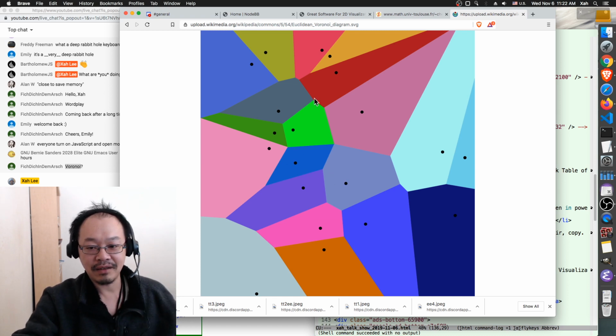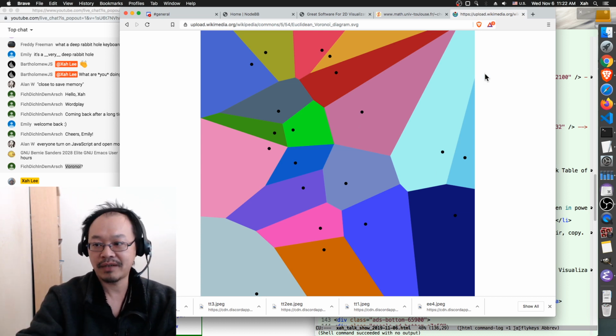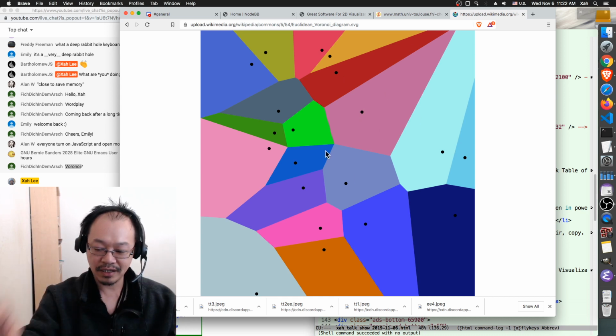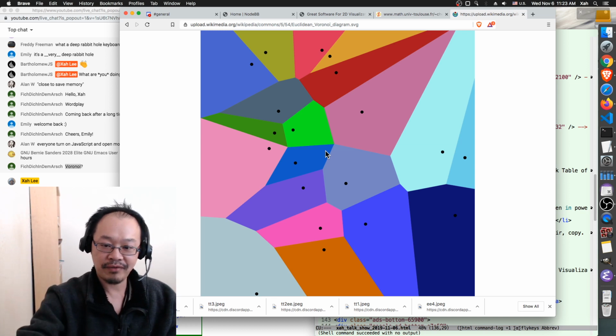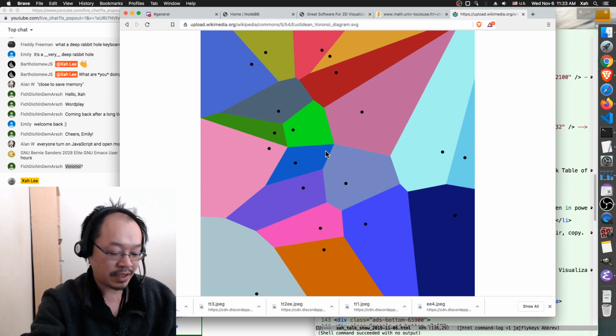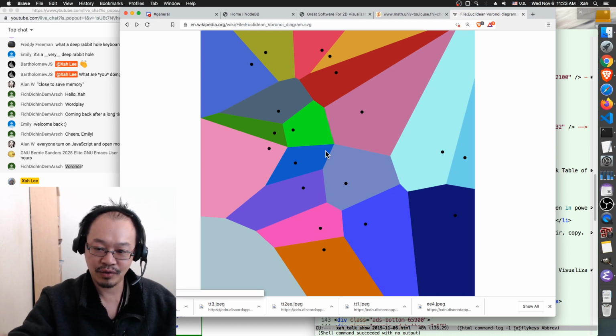So this can be generated in real time, and there are many interactive applications on the web. You can drag the point around, and you can see them change in real time. So this is a Voronoi diagram. Very interesting. You might try to implement it. I always wanted to, but I never did. One of the things to do, and